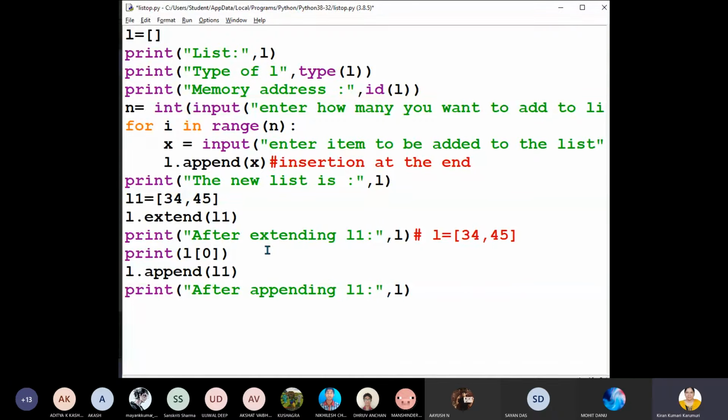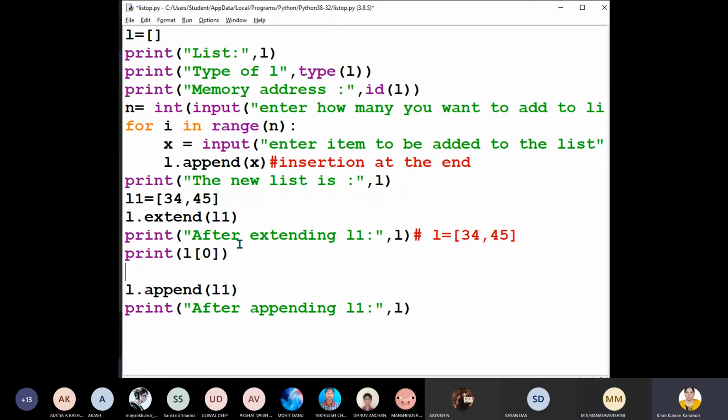You can learn, right? So you can answer. Now, see, my list is 34, 45. So what is the value at 0th index? 34. Very good.